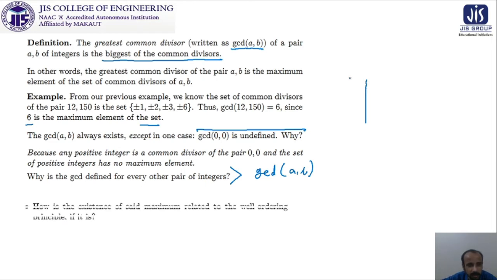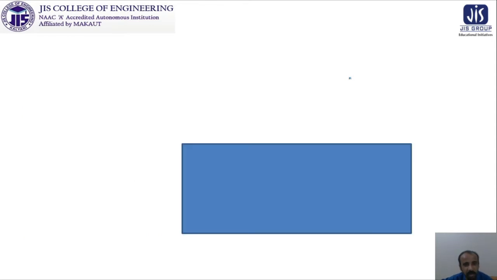Now proceeding further, we can say that the existence of the said maximum is related to the well ordering principle, which is already discussed. Now how we can establish this one is also a job for the in-depth thinking people. Finally, we have one piece of information: if you have integers a and b, the GCD of a and b will be the same as the GCD of modulus of a and modulus of b. You can test it by taking arbitrarily any two numbers.